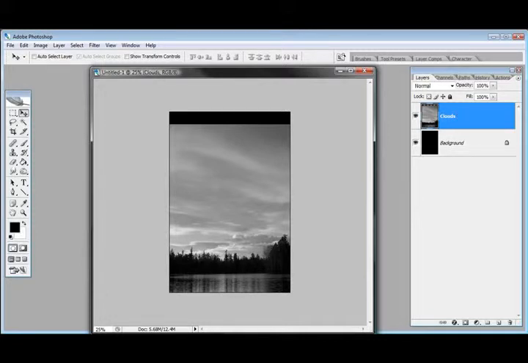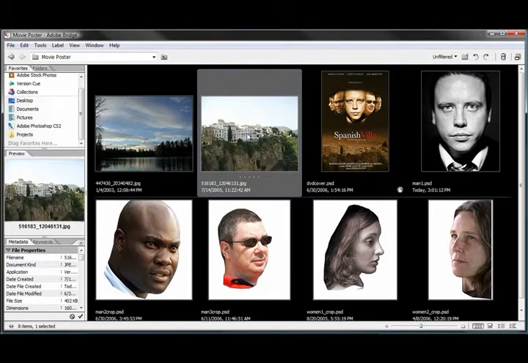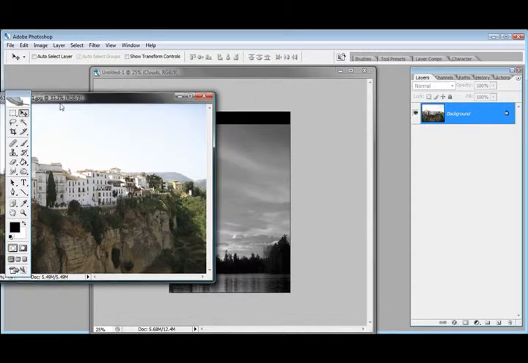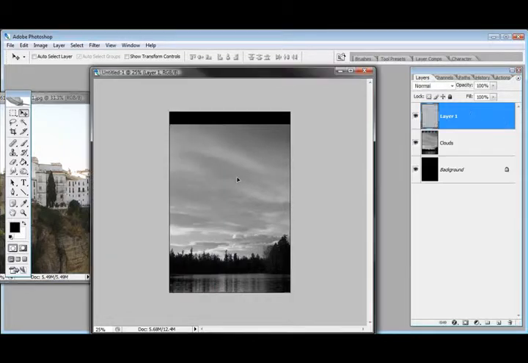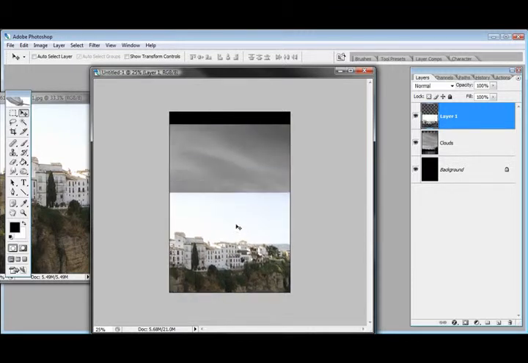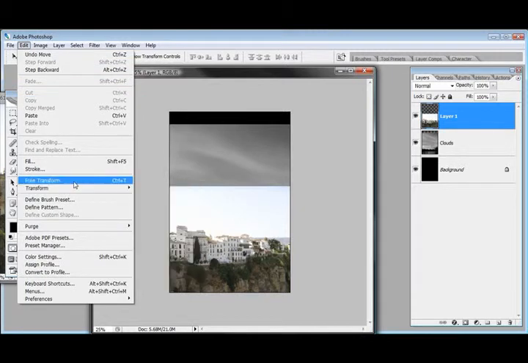Let's go back into the Adobe Bridge, and I want you to open up this next image right here. I'll go ahead and double click on it, and we have these buildings. The rustic buildings are on the side of this cliff, and looks like they're about to fall off, but you know. I'm going to go ahead and just select the Move tool, click and drag this one over to the project image as well, just like this. And I'll position this down. Now we're going to actually see this building here in this image. We want to see it anyway, but so we're going to have to resize it so we can see most of the building,